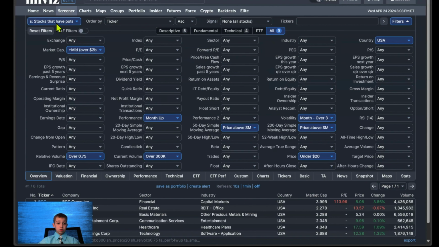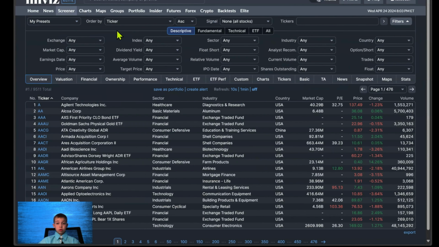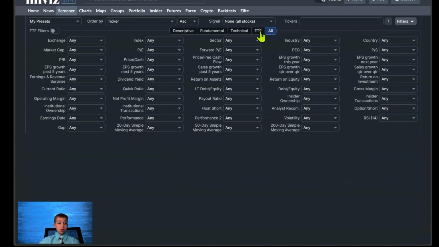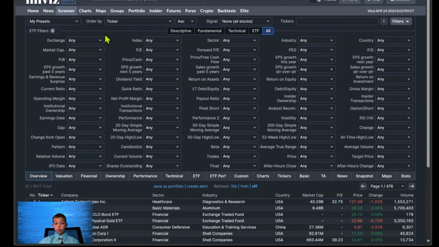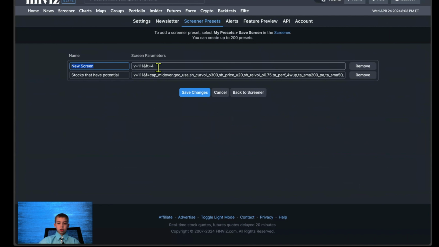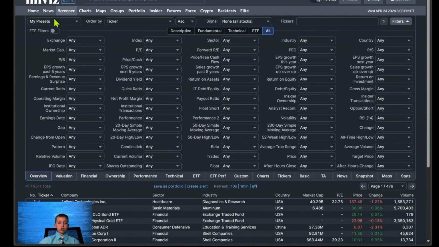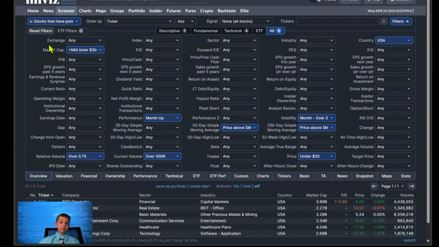Then later on, if I go to my presents, right here in all, and I want to quickly change it without having to do all these change all the buttons, you can just click on my present and then do stocks that have potential, and then find your screener. So right here, it automatically will give you all of your buttons. So to reset the whole thing without putting all these buttons back to any, just click reset filters,